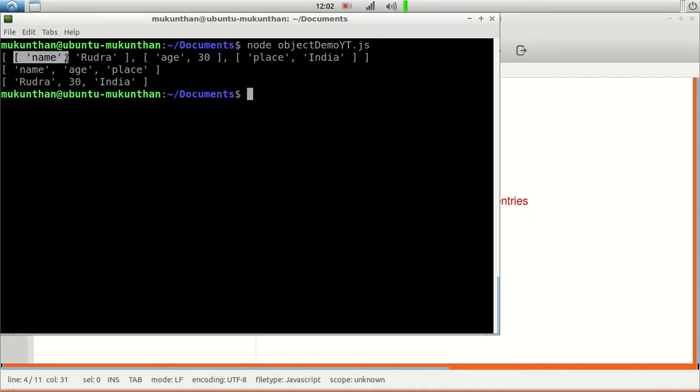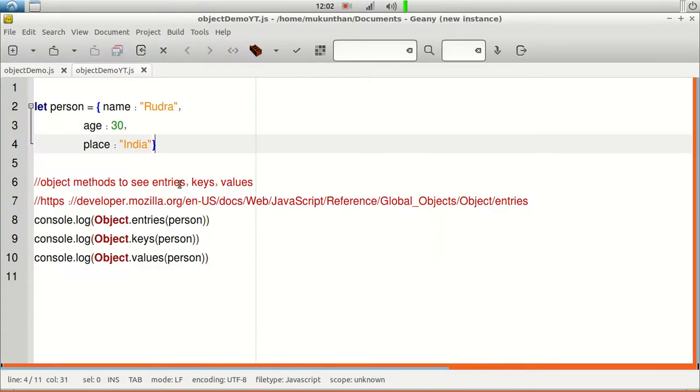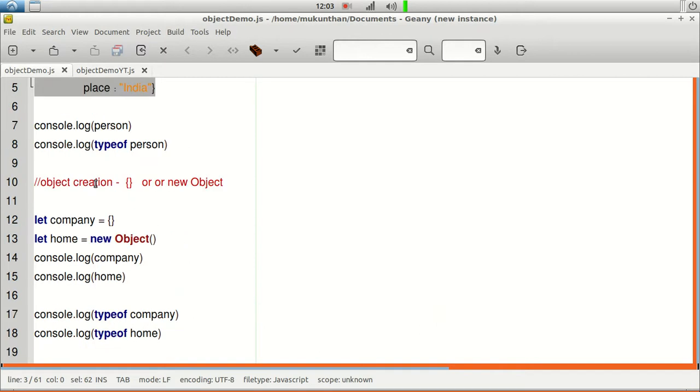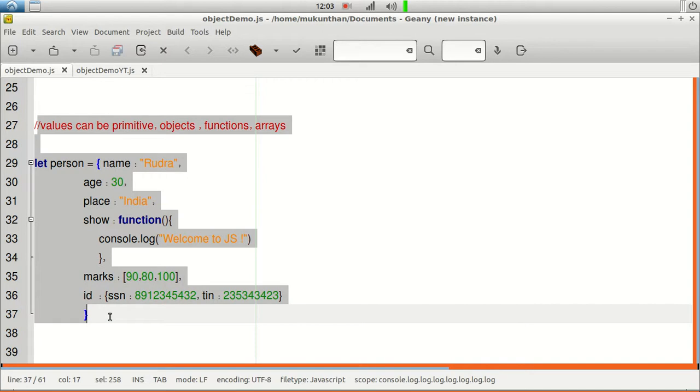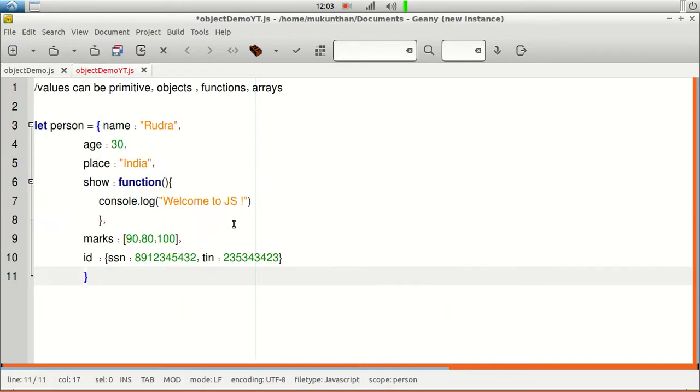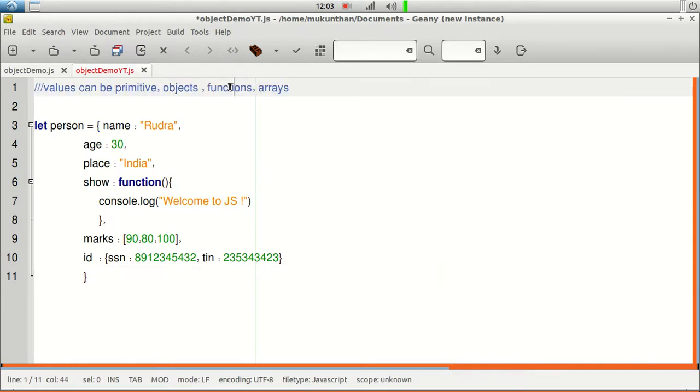Here you can see the first one is the combination of key and value, the second one is only the keys, and the third one is only the values. So whenever you want in programming to get only the keys or only the values, you can get them this way. At a later stage you will see the for loop, so how can we iterate over the keys and values? In this scenario, we are going to see what are the different types of values you can have in the object.